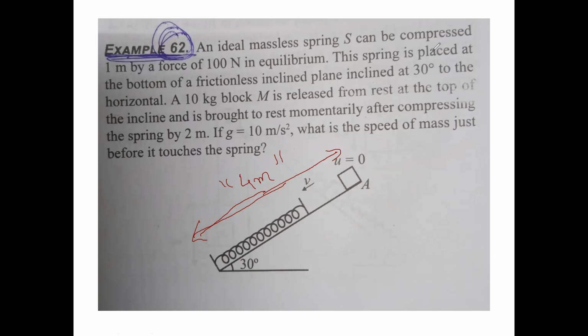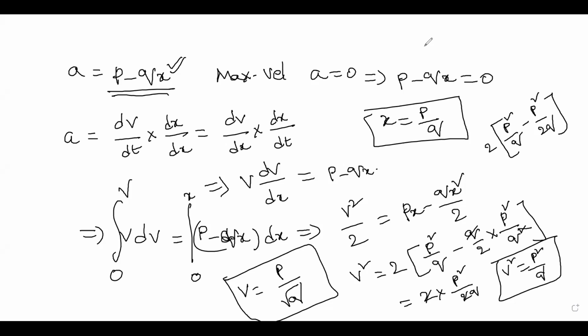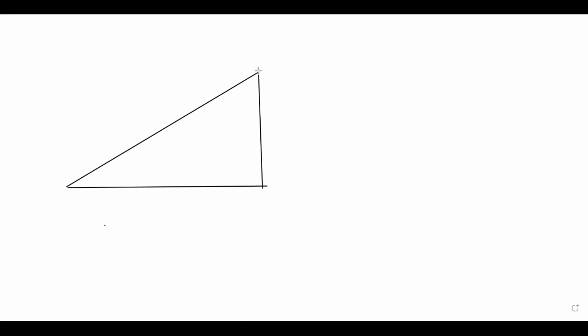Can I clear this? Okay, I'll move on to the board. So let me explain this, what is happening over here. So here you go. This is like one inclined plane is there. And now it goes like this. So this is a wedge. Okay, what they have given is a wedge.